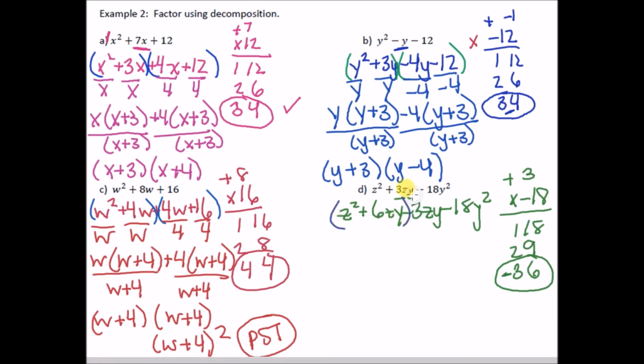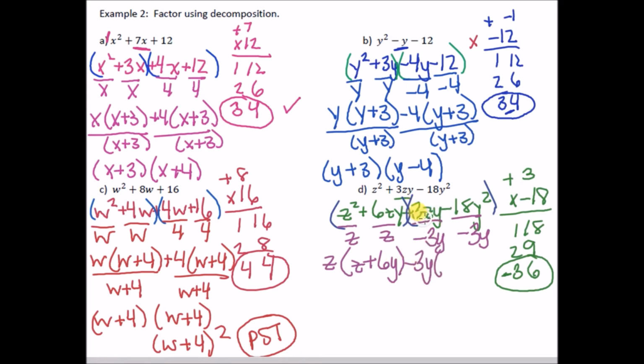Now, we can factor by grouping. We can divide the first two terms by z, and we're left with z plus 6y. Now, we can divide the second two terms by the negative 3. Remember, this is negative 3, so we want to divide by the leading coefficient. If it's negative, pull that negative out, and a y. And so negative 3y is our common factor. We have z plus 6y,